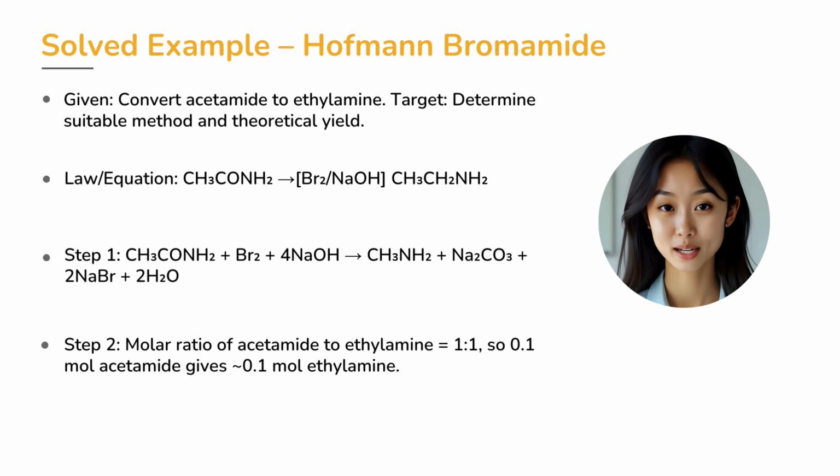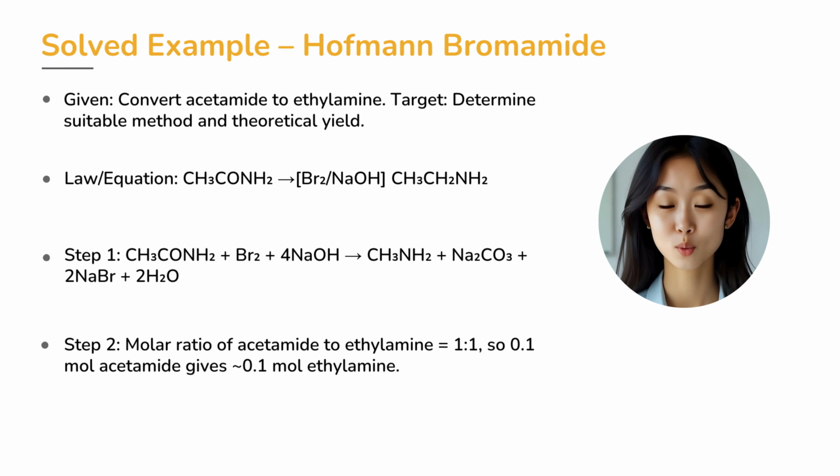Time for a quick brain workout. Suppose you want to convert acetamide into ethylamine using the Hoffmann bromamide reaction. The given equation says acetamide, CH3CONH2, reacts with bromine and sodium hydroxide to yield ethylamine, CH3CH2NH2. Step 1 of the balanced reaction is acetamide plus bromine plus 4 sodium hydroxide molecules produce ethylamine, sodium carbonate,